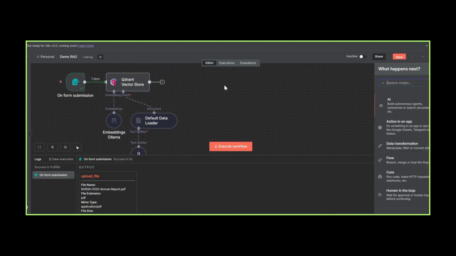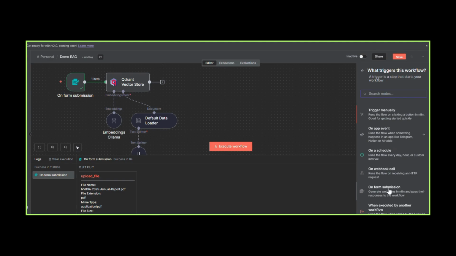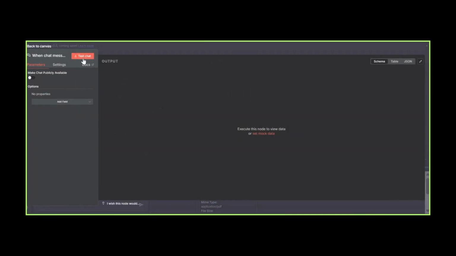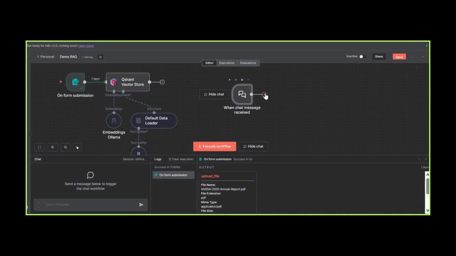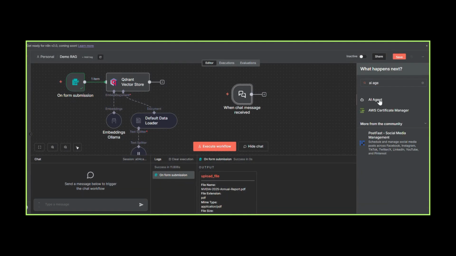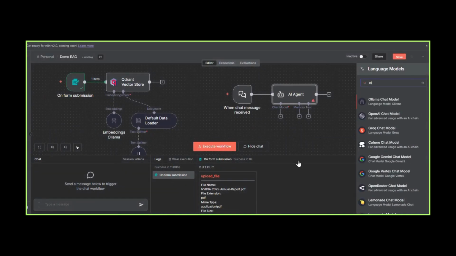And press Tab to open the node menu. Click on Add Another Trigger and select onChatMessage. Go back to the main workflow and add AI agent. In its subnodes, select the chat model, search for Ollama,